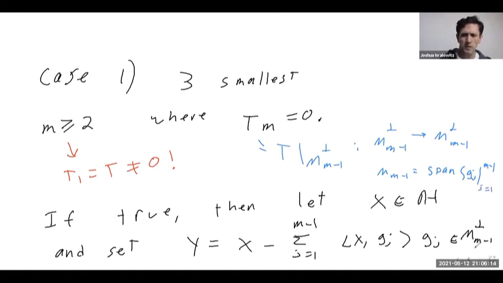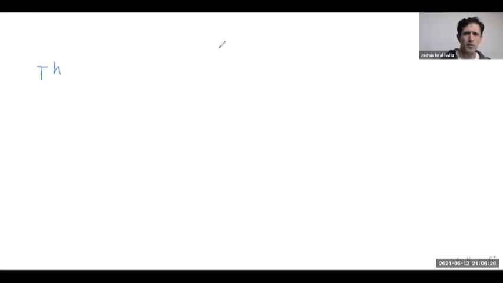All right, so what does that mean? Well, apply T, we get 0. T restricted to this is 0. Y is in this, so Ty equals 0. So 0 equals Ty, which is going to be Tx minus, just use linearity,